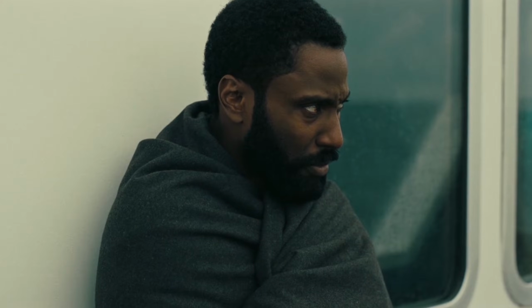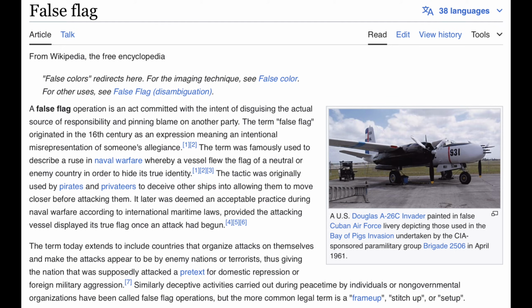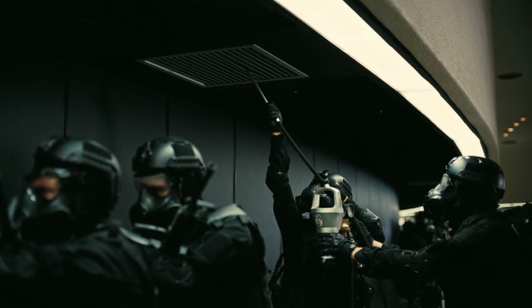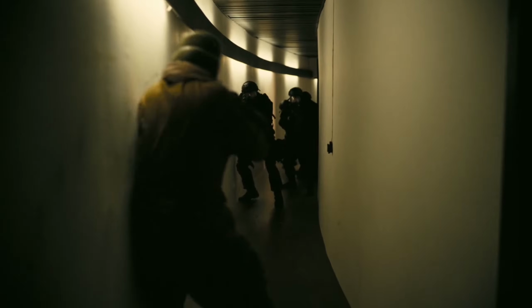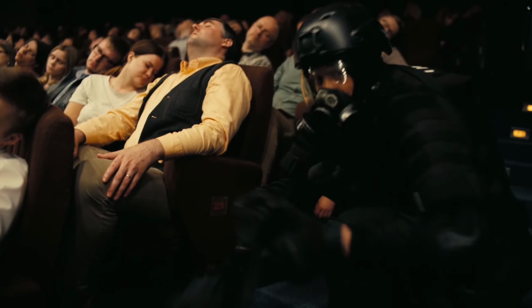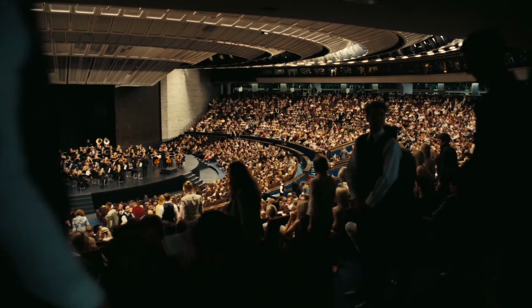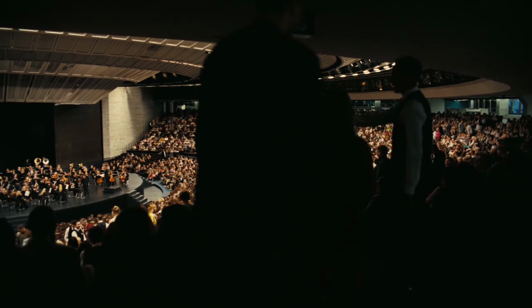To set up his own recruitment, and to put 241 into Ukrainian hands so they'll later transport it through Tallinn. After receiving Priya's tip, Ukrainian authorities devise a shrewd political plan called a false flag operation to take advantage of the situation. A SWAT team is instructed to gas the floor while a small contingent sweeps the boxes, evacuating VIPs. The forward group will then eliminate the terrorists, plant explosives, and exit. Making it appear as though innocent civilians were killed by pro-Russian extremists would generate support for Ukraine, as well as